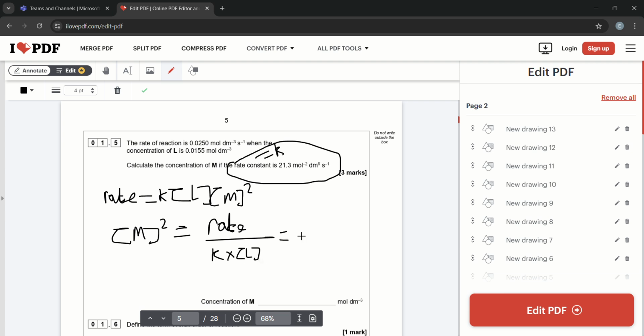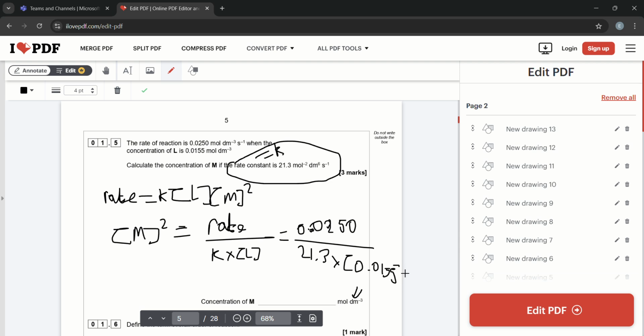We know rate of reaction is 0.0250. And in this question, it already gives us the units, mole per dm minus cube. We don't need to worry about the units. Over K, which is rate constant, which is 21.3, times by L, concentration of L,